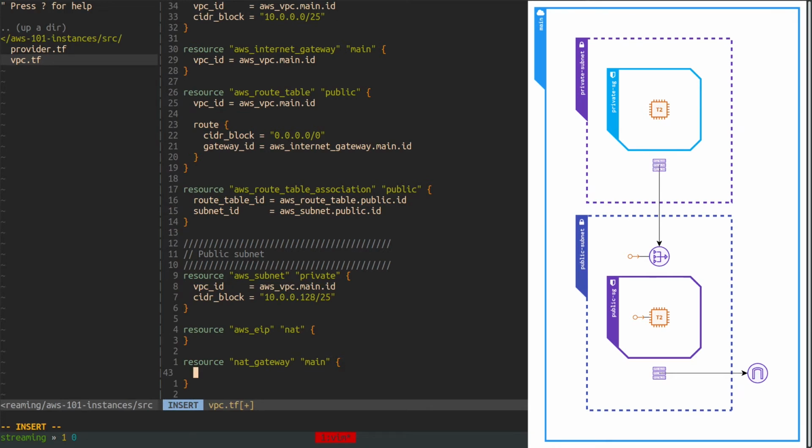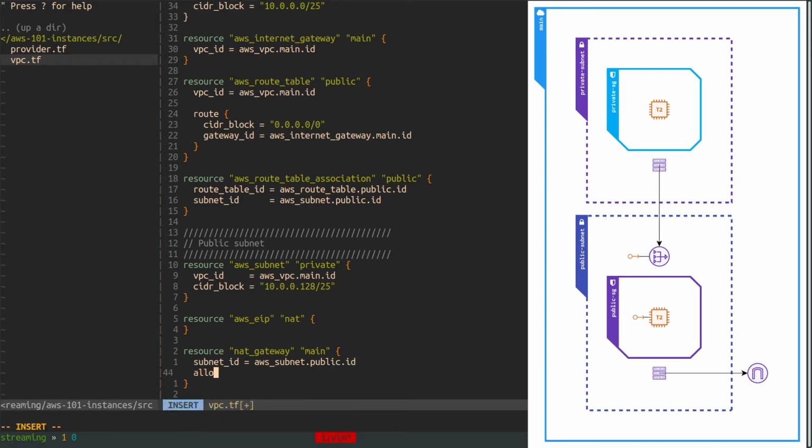So this NAT gateway, we need to put it inside a public subnet, so a subnet that has a route table that routes traffic to the internet gateway. Alright, so this is a public subnet, and we need to allocate this elastic IP address.